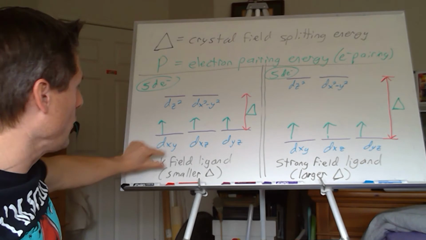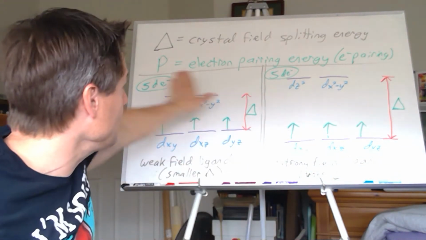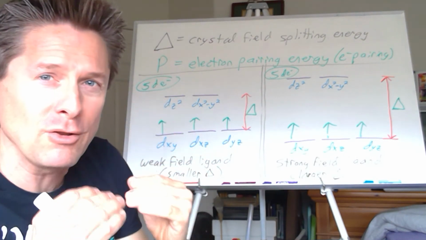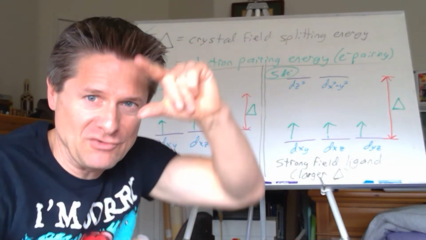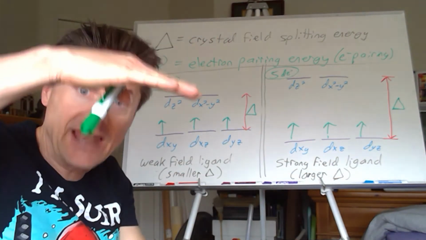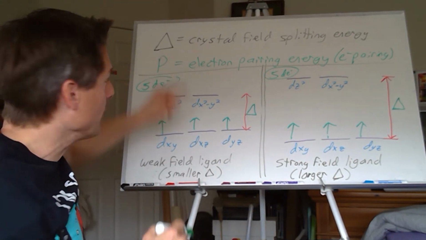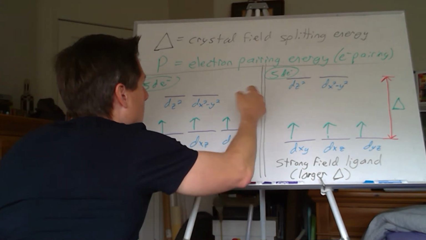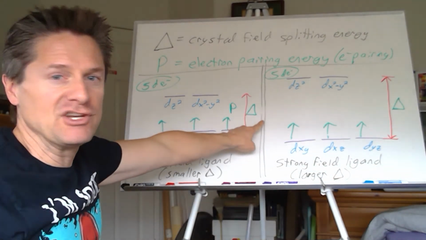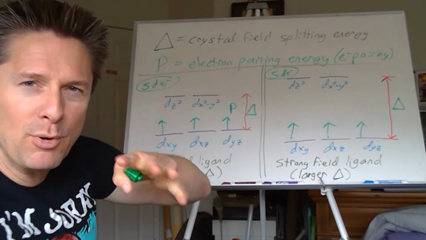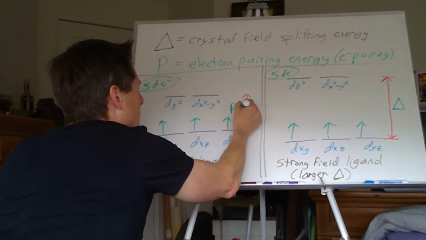Now notice here for the weak field ligand, the crystal field splitting's low. And the electron pairing energy and the crystal field splitting are pretty close to each other. This is nothing like an n equals 1 to an n equals 2. That's huge. Crystal field splitting's tiny compared to n equals 1 to n equals 2 to n equals 3 energy levels. So these are similar in value. So in this scenario, if I compare the electron pairing energy to the crystal field splitting, they're already pretty close to start with, but if I have a weak field ligand, the pairing energy is going to be greater